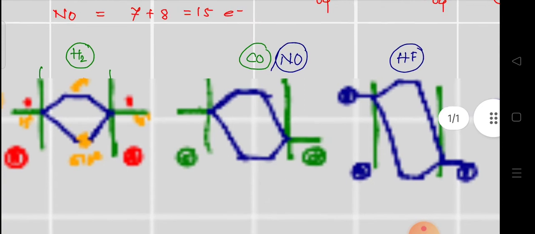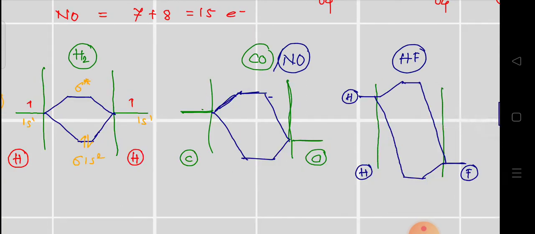We have 3 different types of molecular orbital diagrams. As you know, if both elements in a diatomic system are the same, then a symmetrical MO diagram appears. In the second diagram, there is a little difference between the two elements in the diatomic system. So there is an unsymmetrical difference, and the more electronegative element will lower its energy.